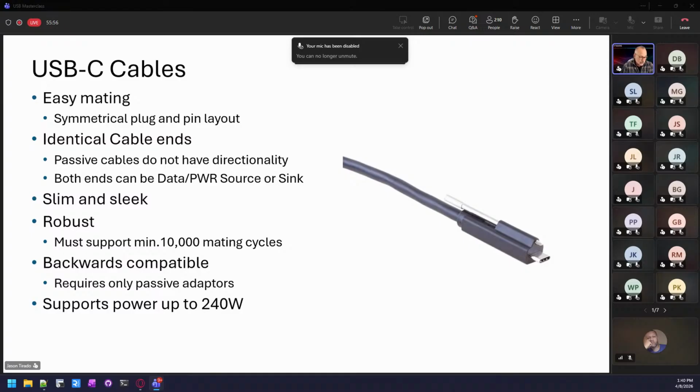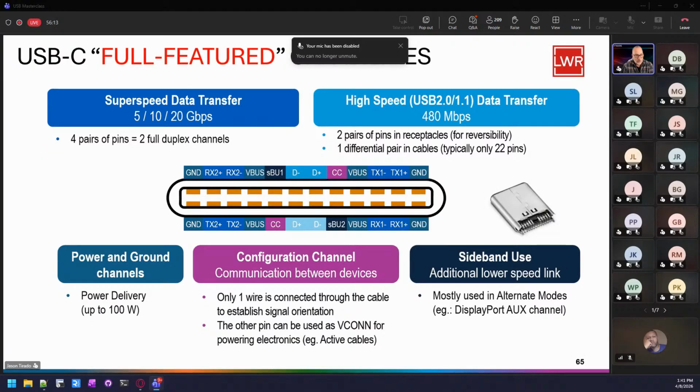We're actually just about to introduce a cable that supports 240 watts of power. The devices themselves will not initially, but ultimately we will. And right now we support 60 and 100 watts through our products, and cables that are about to support 240 watts on USB-C. When we talk about USB-C, one of the things you want to really keep in mind is